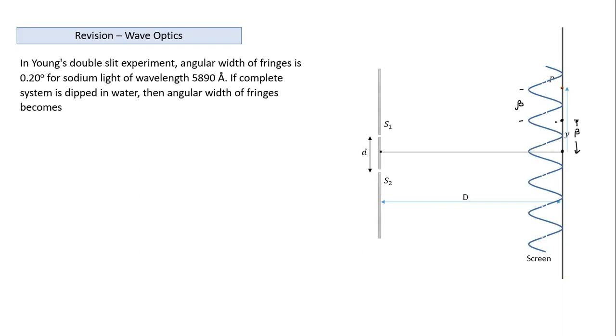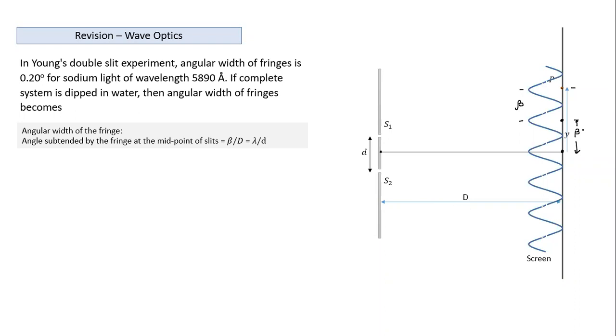the fringe angular width here. What will the angular width be equal to? Since this is very small and D is typically much larger, the angular width is beta by D. Even for the second fringe, the distance from the midpoint won't change much because this dimension is very small compared to capital D. So even for the next fringe, we take the angular fringe width as the same, beta by capital D. Pretty simple. So the angular width of the fringe, the angle subtended by the fringe at the midpoint of the slit, is equal to beta by capital D.